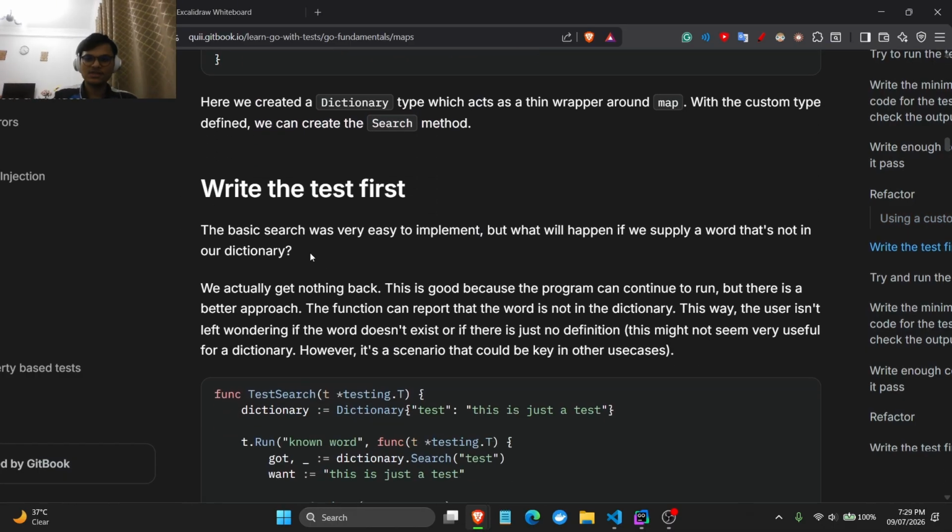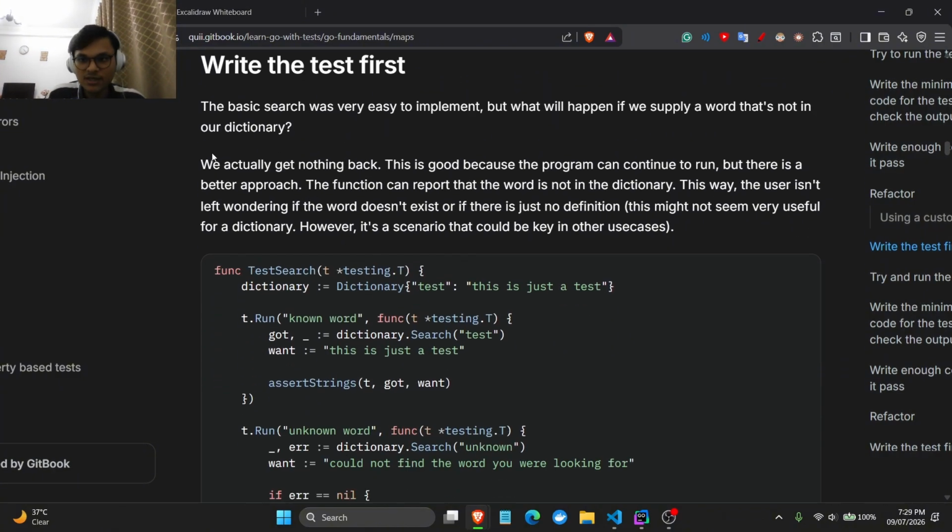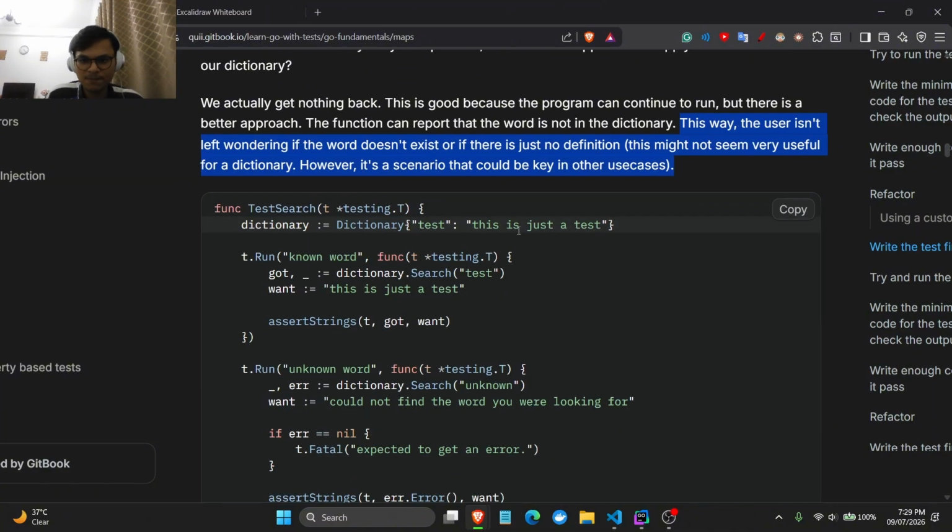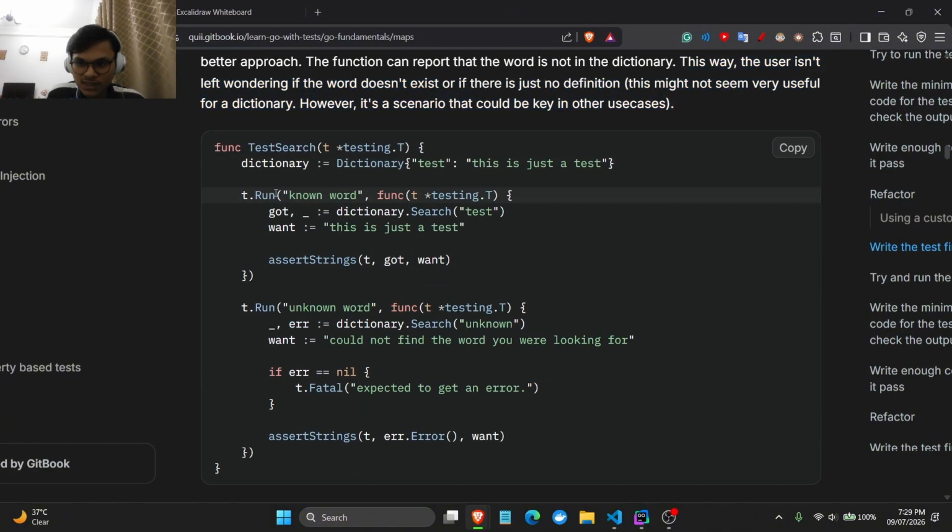Write the test first. The basic search was very easy to implement, but what will happen if we supply a word that's not in our dictionary? We actually get nothing back. This is good because the program can continue to run, but there is a better approach. The function can report that the word is not in the dictionary. This way, the user isn't left wondering if the word doesn't exist or if there's no definition. This might not seem very useful for a dictionary, however, it's a scenario that could come up in other use cases. That's actually much better. So we say t dot run,